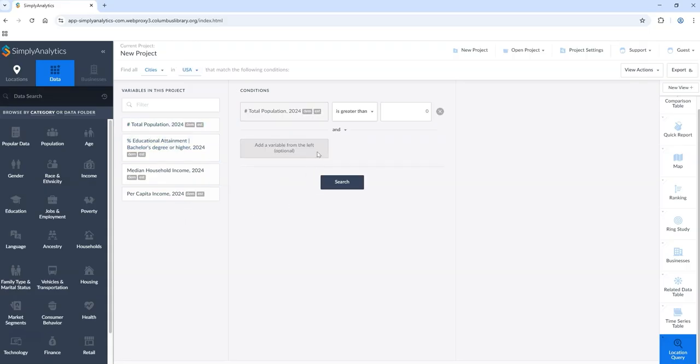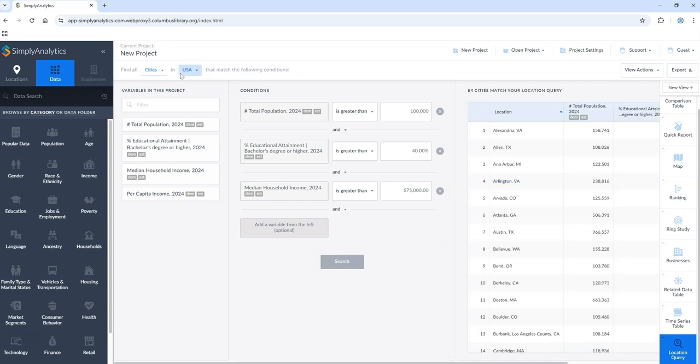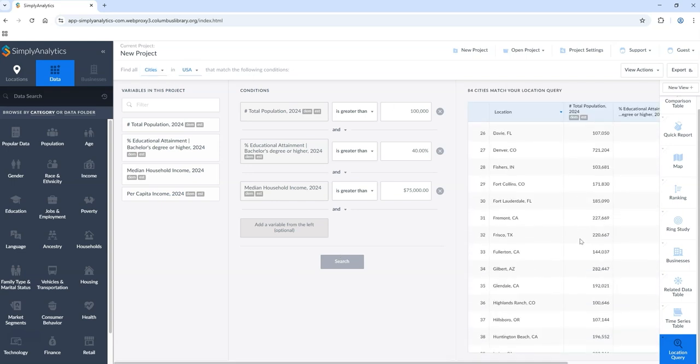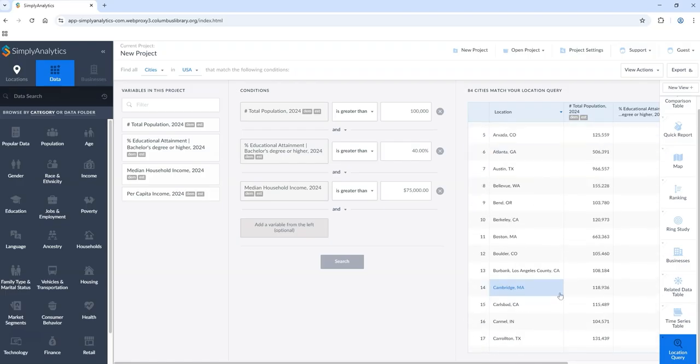So we're going to start with a total population that is greater than 100,000, with an educational attainment greater than 40%, a median household income of 75,000, and then I'm going to go ahead and hit search here, and so it should find cities that match that. And so we have, I'm going to go down, we have 84 cities that match the specific data that